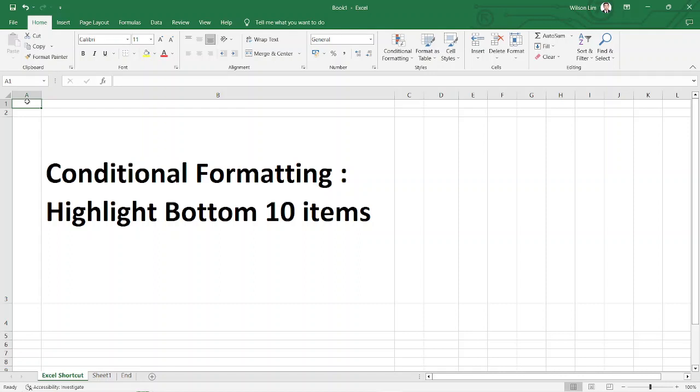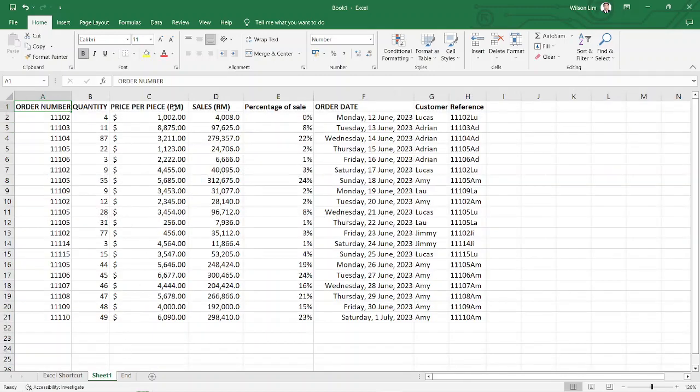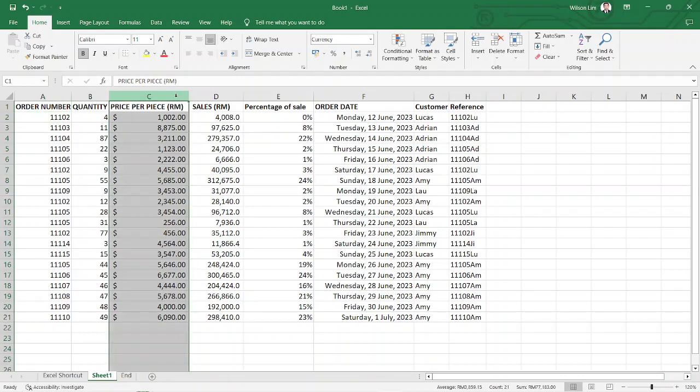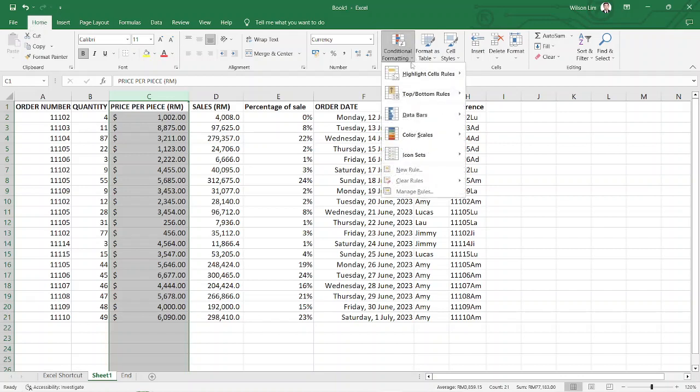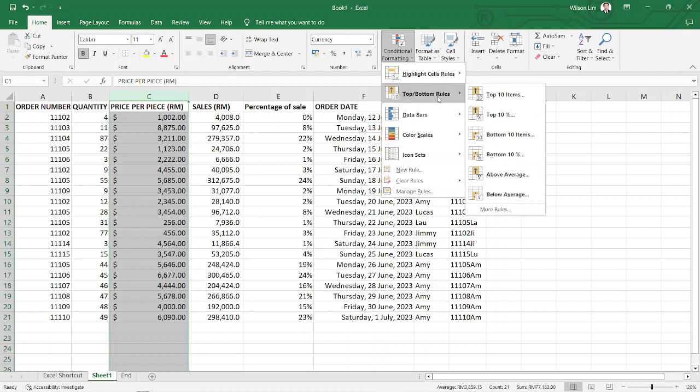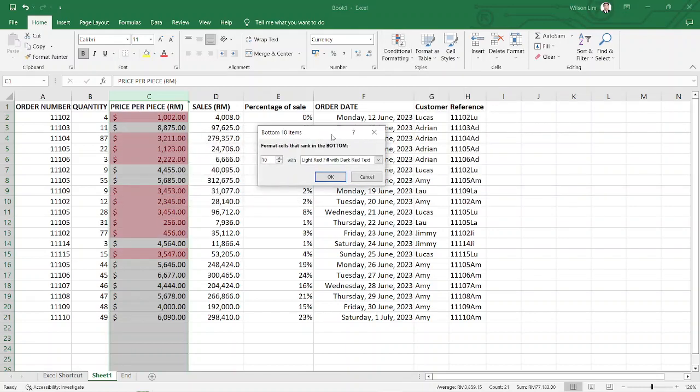Today I'm going to teach you how to use conditional formatting to highlight bottom 10 items. So let's look at our example here. If you are going to find the lowest price, the bottom 10 lower price, you can select column C and go to Home tab, go to conditional formatting, select the second one, top or bottom rules, and then go to bottom 10 items. Click on it and you can see Excel is actually highlighting the lowest 10 items with the